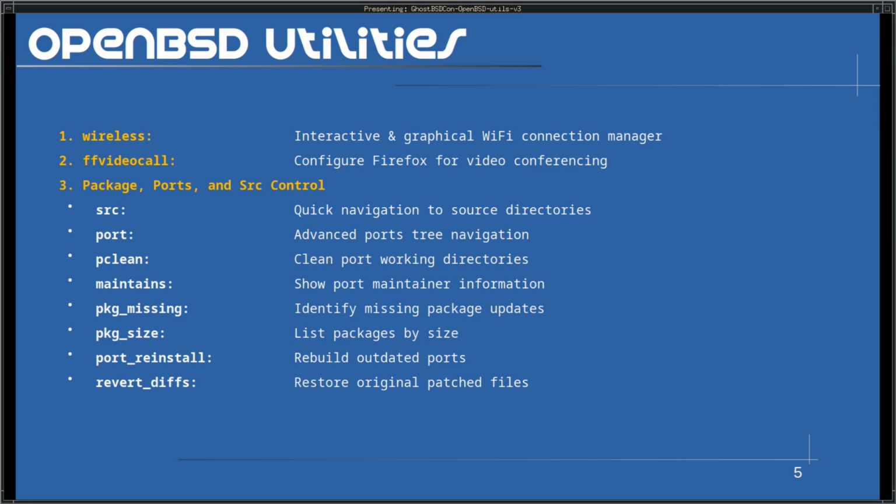Well, it won't navigate, it'll just print it so you can cd to it. I also have port, which works very similar to source. It'll return the file path of a port that you request. pclean, which when you're working on ports, I don't know if anyone's worked on making or maintaining ports in the